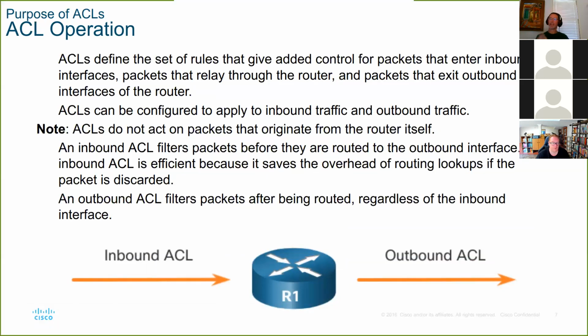If it is, the second step is, let me see if there's any ACL on the inbound side of this interface. If there is, it goes through the list of rules. The way it checks is it starts at the top, and it checks rule number 1. Does this rule match enough that this packet can be either dropped or permitted? If it doesn't, it checks rule number 2, then rule number 3, 4, 5, 6, 7. It checks all the ACEs until it finds a matching ACE. Once it finds a matching ACE, it stops checking anything below that.